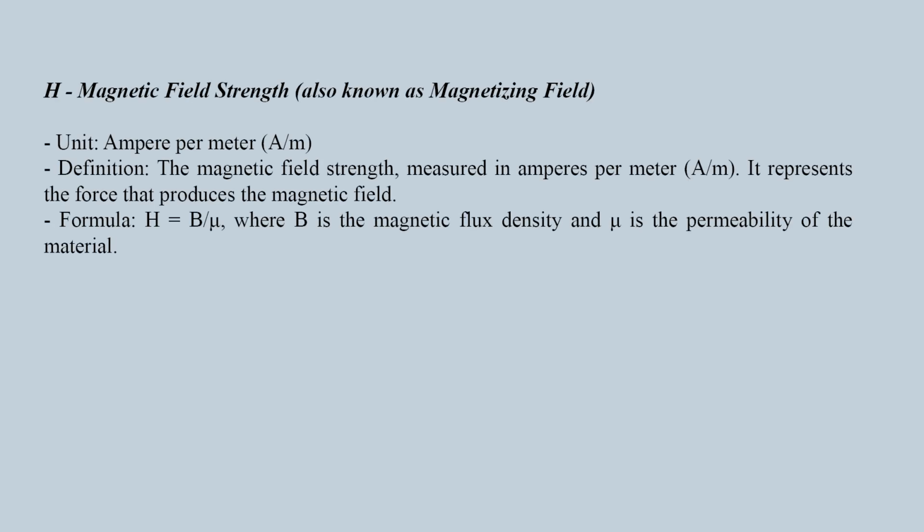Next, H, magnetic field strength, also known as magnetization field, unit ampere per meter. Definition: the magnetic field strength measured in ampere per meter. It represents the force that produces the magnetic field. Formula: H equal to B upon mu, where B is the magnetic flux density and mu is permeability of the